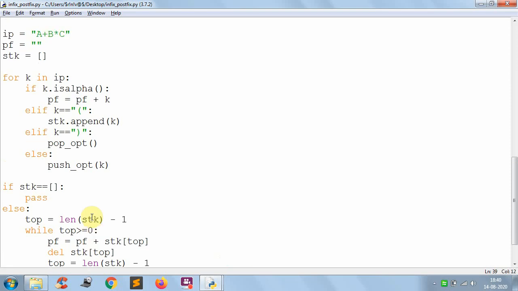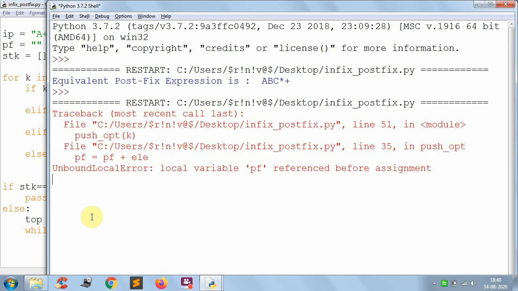Now I am taking the bigger input, like a plus bracket b by c minus, again opening bracket, d star e cap f plus g close star h. So like this I have one infix expression. Now I want to convert this into the equivalent postfix expression. Just run and see this.